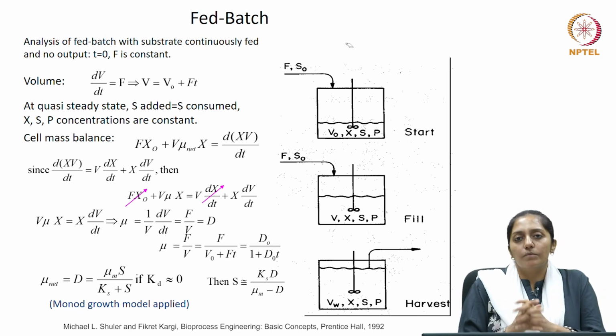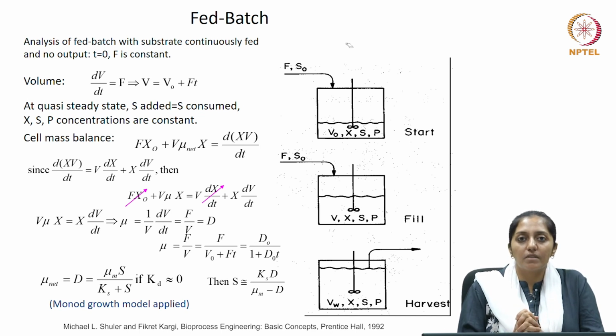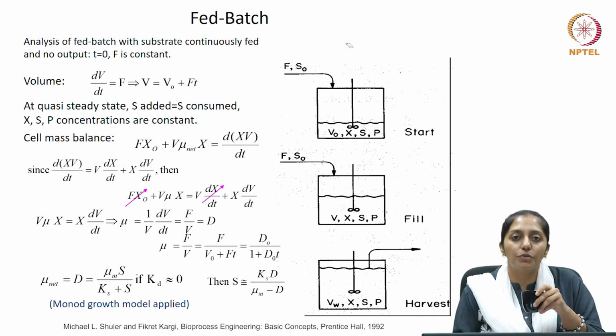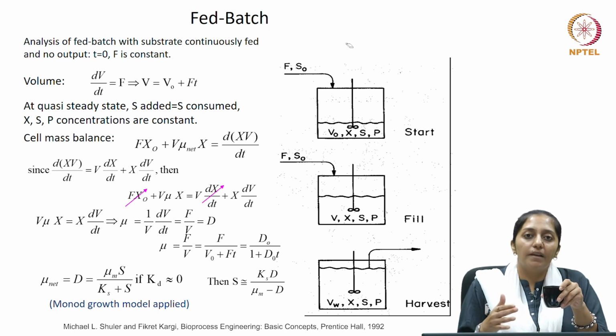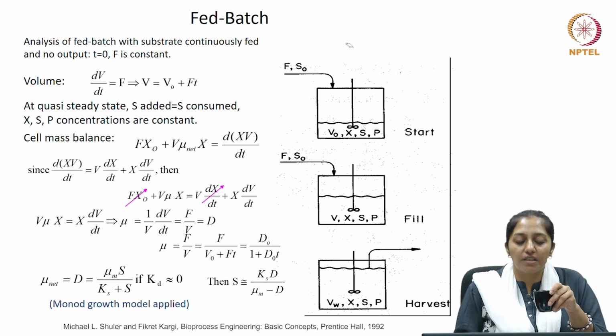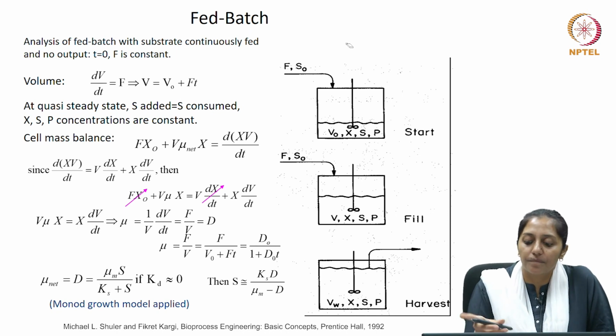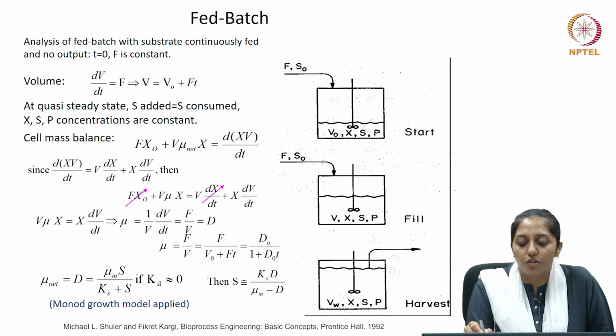It's a homogeneous system, so obviously we are not taking any spatial variations here. So the variables were only changing with time as in case of a batch process, but in a quasi steady state fed batch process, you can assume that the variables are no more changing with time. So let's do a mass balance across this reactor,